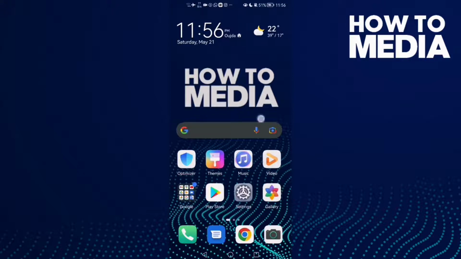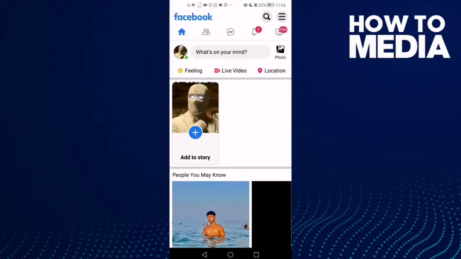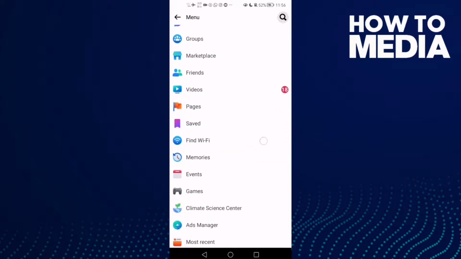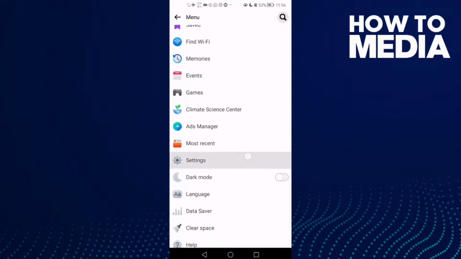First thing, go to Facebook Lite and then click these three lines here in the top corner, and after you click on it, just go down. Here you will find settings, click on it